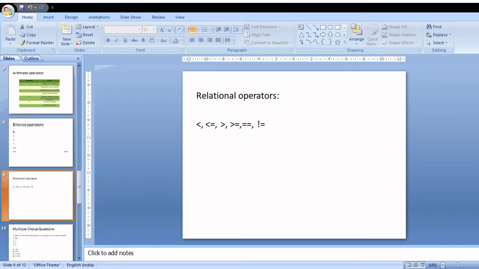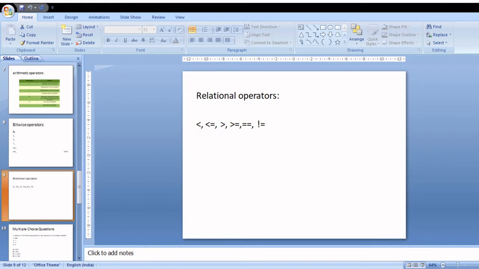By making use of these operators and operands, you can generate expressions. These are the three kinds of basic operators available in Java.